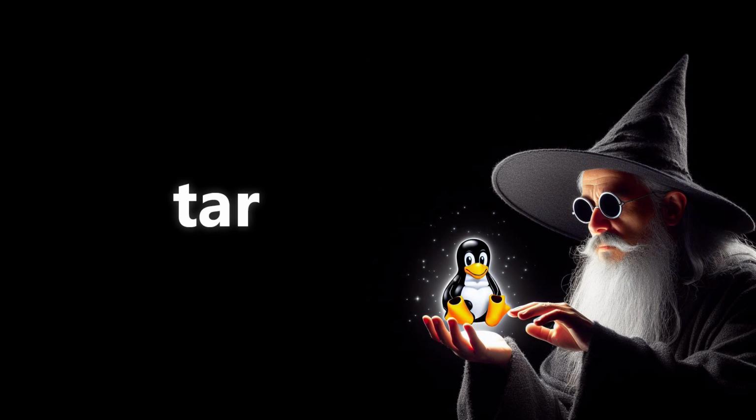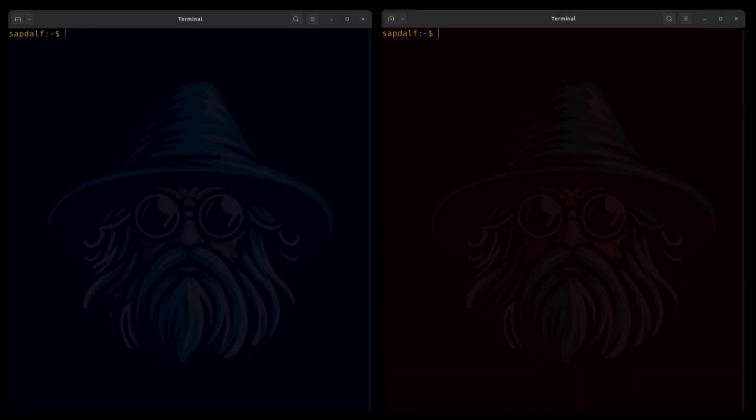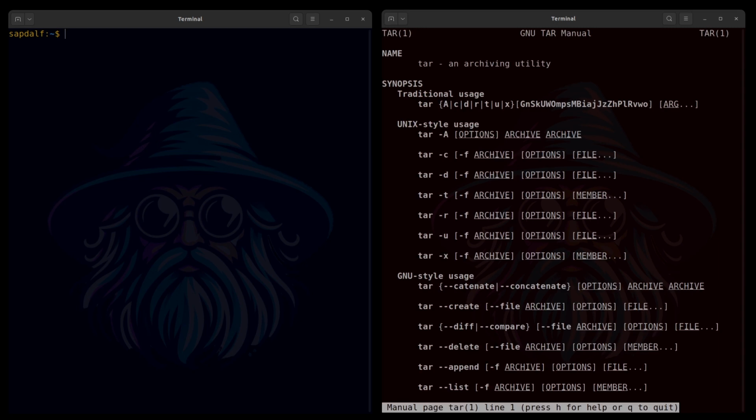Let's talk about making backups to tape. No one makes them to such a medium anymore. Well, then maybe you didn't know that tar comes from tape archive. I know. Now it's just an archiving utility. But tar still does the same thing it used to do.